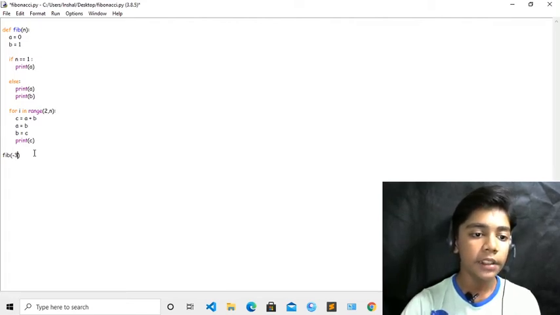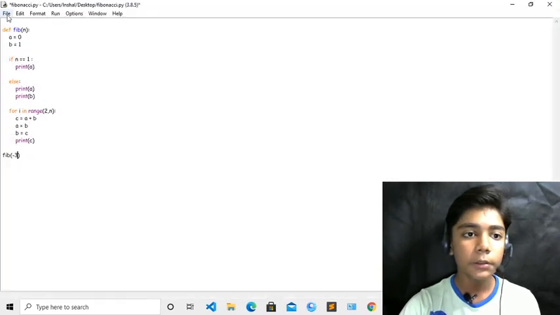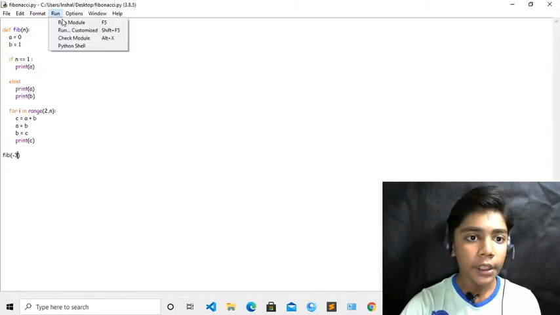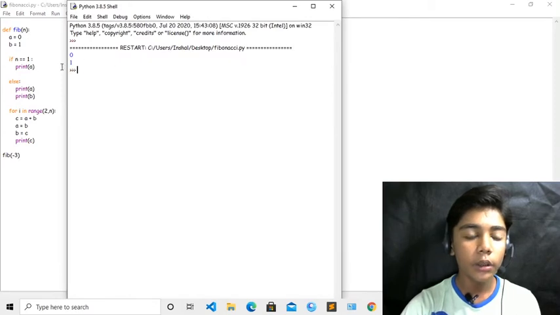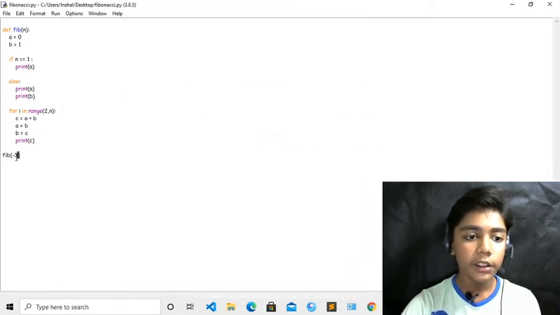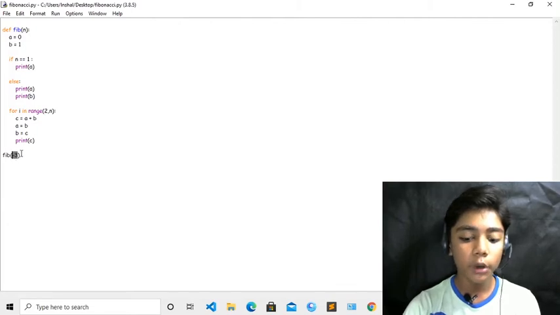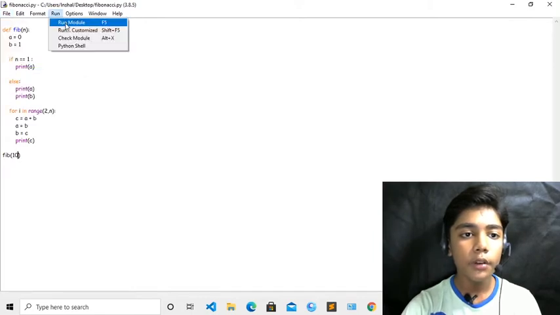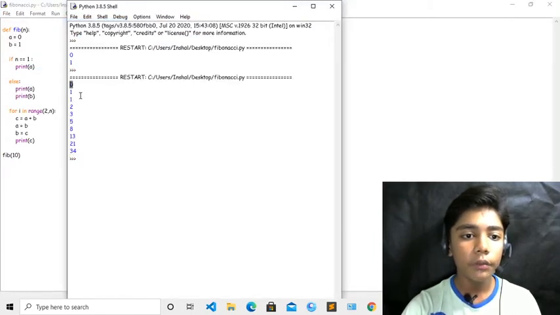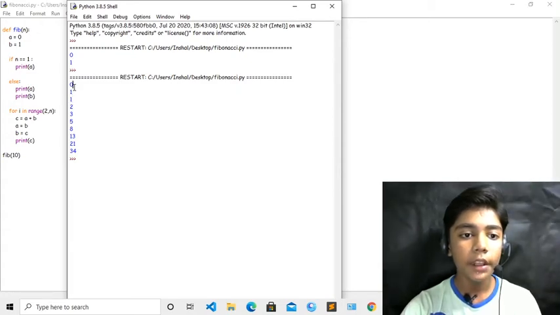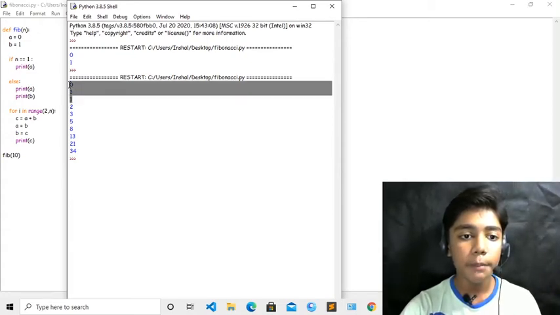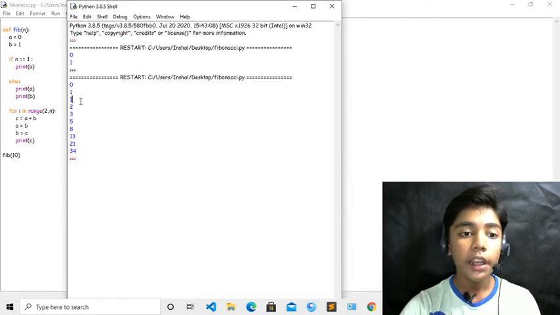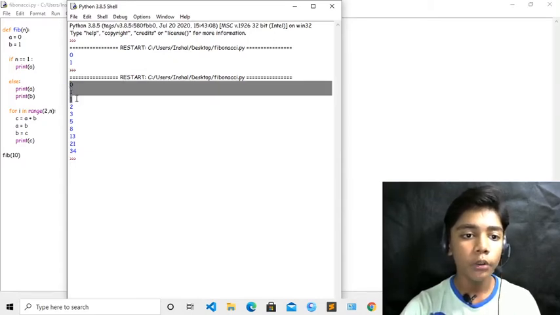Like I have written -3, and now if I save it, okay, so just maximize it, save it, and if I run it again, so now here you can see 0 and 1 is showing because it is a minus value, and for a minus value it shows a small figure over here, okay. So now if you write 10 over here, and now if you save and run, so now here you can see 0, 1, 1, 2, 3, 5, 8, 13, 21 and 34. These all are the Fibonacci sequence, okay, and this 0, 1, 1 is the main Fibonacci sequence over here, okay. So it is really important for it to come over here, okay.